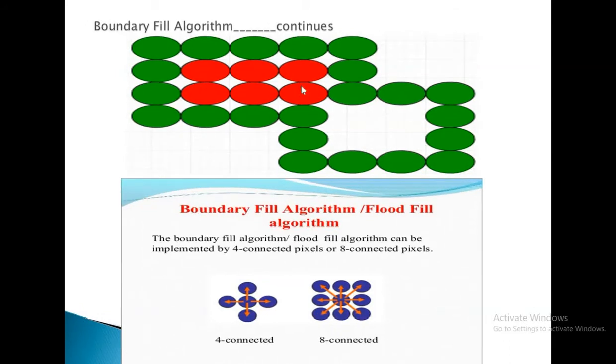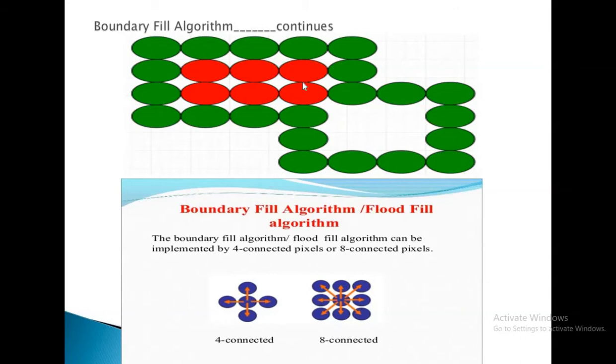Here in this diagram, we fill this diagram by using 4 connected. Firstly we find out the inside pixel, which is the seed pixel. This one is the seed pixel, and we find out the neighboring 4 connected pixels, that is left, right, up and down. Then after that we find out the next seed pixel. This one is the next seed pixel, and then we find out the neighboring left, right, up and down pixels. Then suppose this one is the seed pixel, then in the 4 connected region we find out left, right, up and down, the 4 connected pixels.